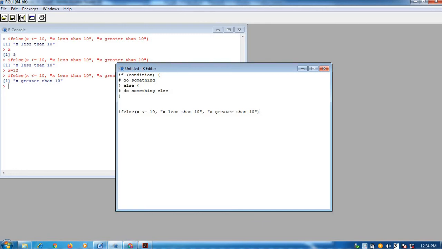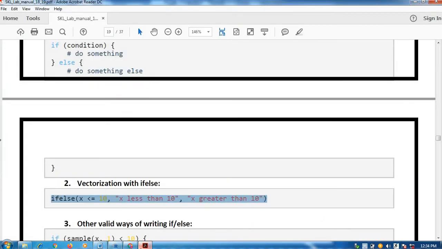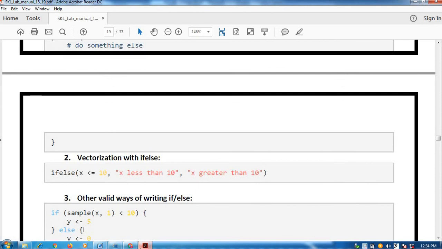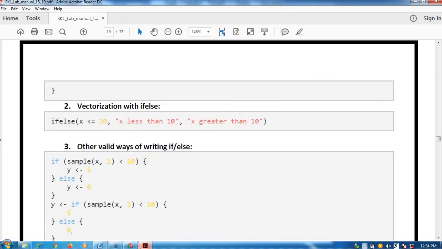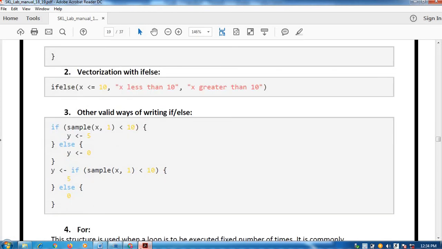Next is vectorization with if else. Now, other valid ways of writing if else. So again I am copying this and we will test it.